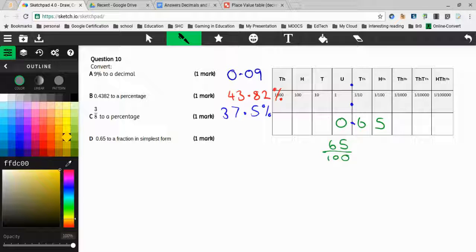So what we're going to do is divide both of them by a number that they both divide evenly into, and I'm going to divide them both by 5 because I know that 5 is evenly divisible into 5s and 0s, which is going to give me